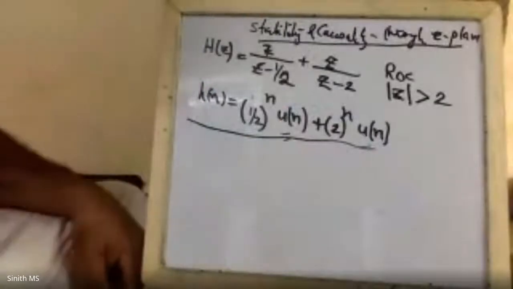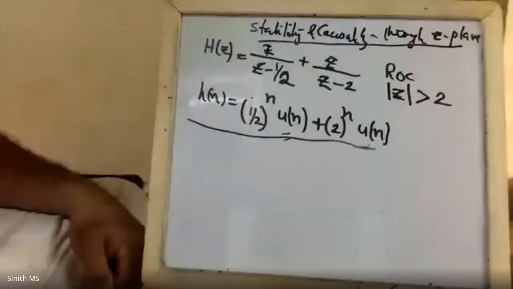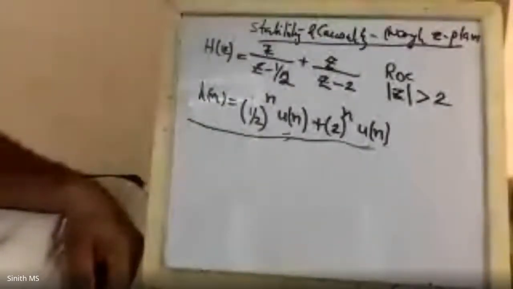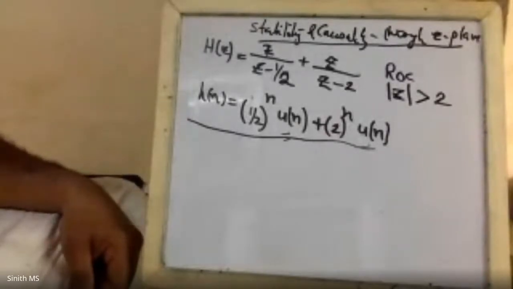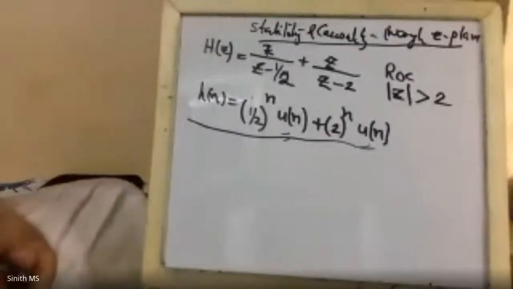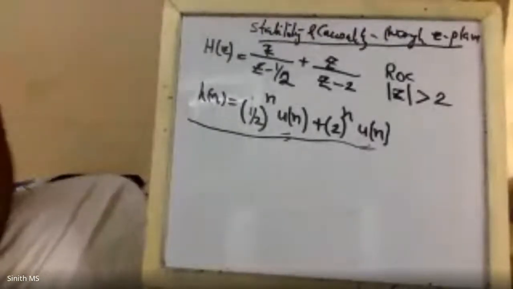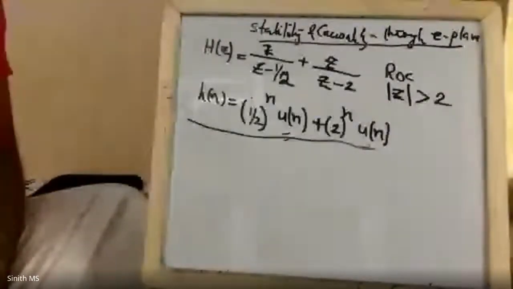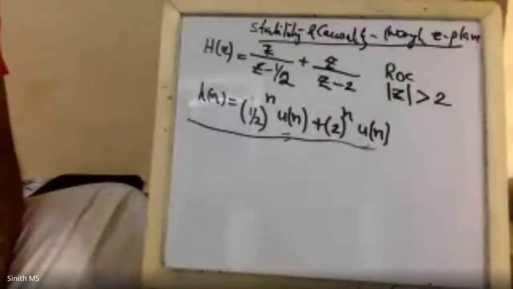What can you tell about the causality, or what can you tell about the stability of the system? When can you tell whether the system is stable or not? How can you find that? How can you tell a system is causal from given h(n)? If the impulse response is given, can you tell whether a system is causal or not? Can one of you unmute and tell?